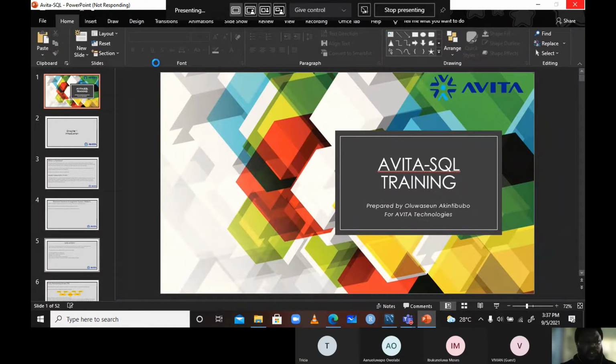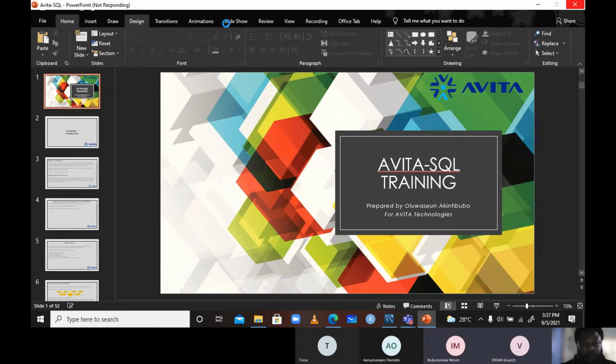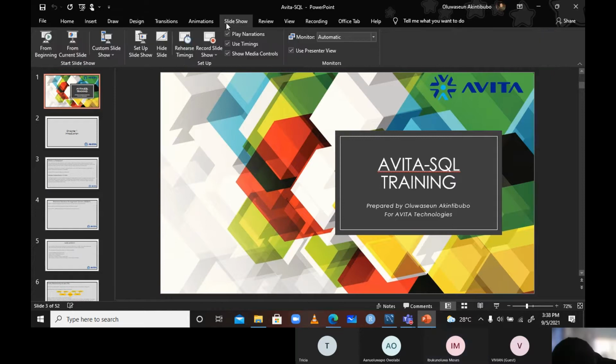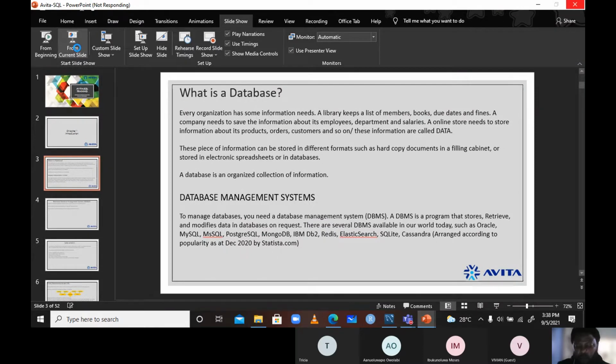What I want everybody to do is please let me know, can you hear me and can you see my screen? Yes, I can hear you and I can see your screen, sir. Awesome. I can hear you, but I cannot see your screen. You can hear me, but you can't see my screen. Yes, I can see your face. Let me know if you can see my screen and you can hear me as we are about to go.